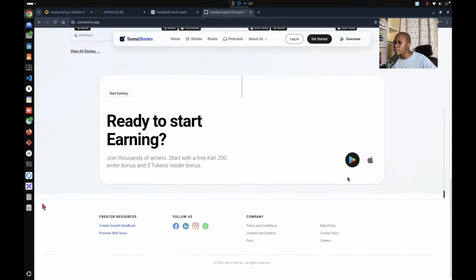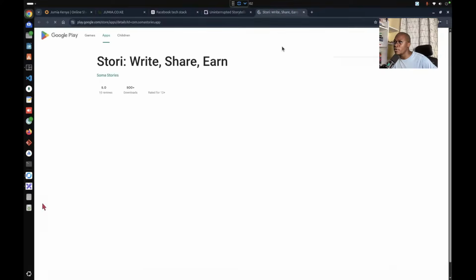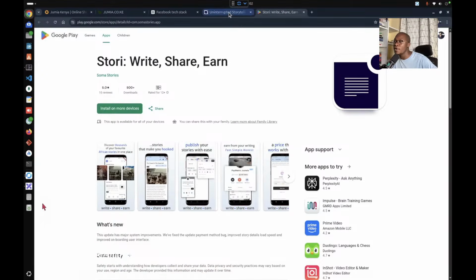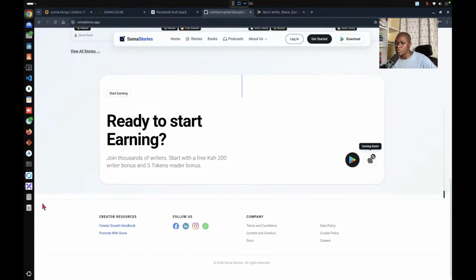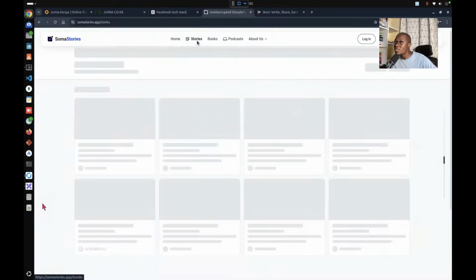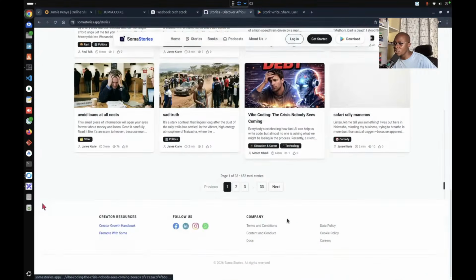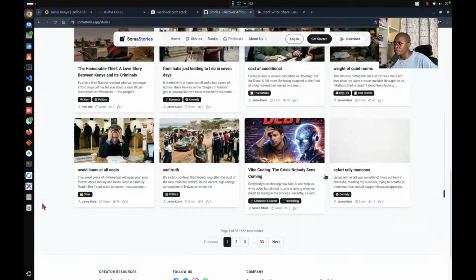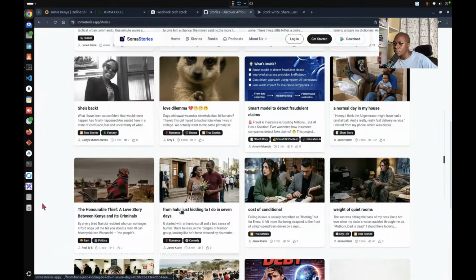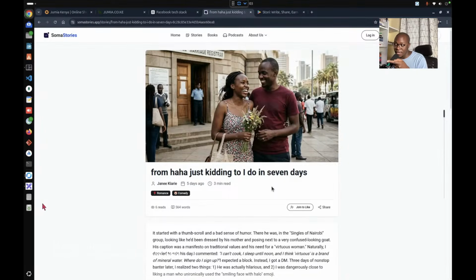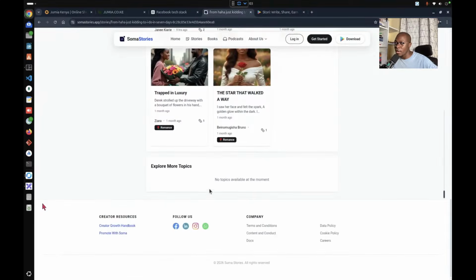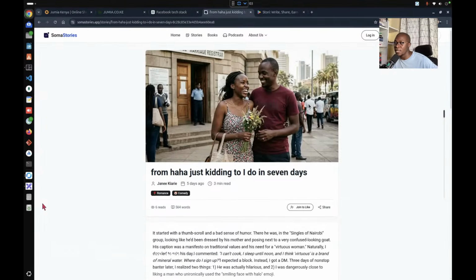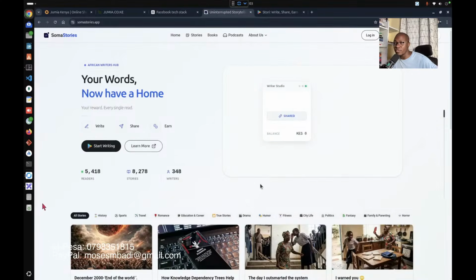Okay. We want to see how we make this clickable. So if you click on it, it leads you to Play Store where you can download the app. The Apple one is not yet ready. How do we add this? How do we design a footer so that whatever page we are in, if you go to the stories page and you scroll down, the footer is still there? If we open a story, for example, this one, this is a story about my wife and I, by the way, and you scroll to the bottom, we have related stories here, and then we have the footer here. So how can we do this? This will be part of what we'll cover next, on Wednesday in our session. So that is on JavaScript frameworks.